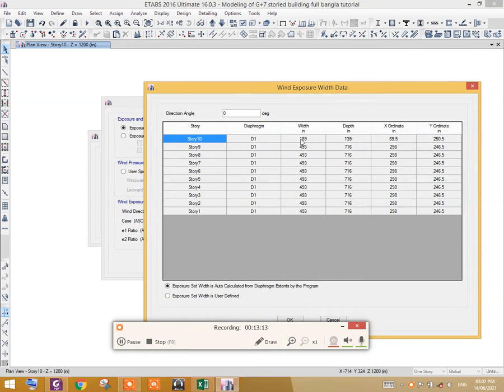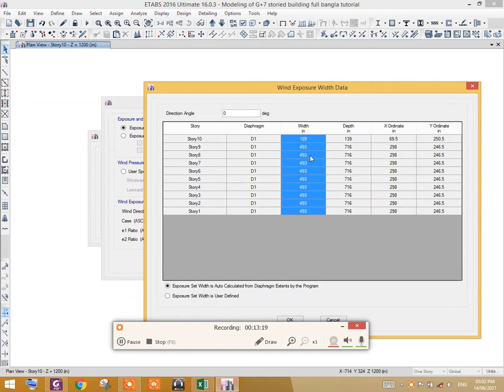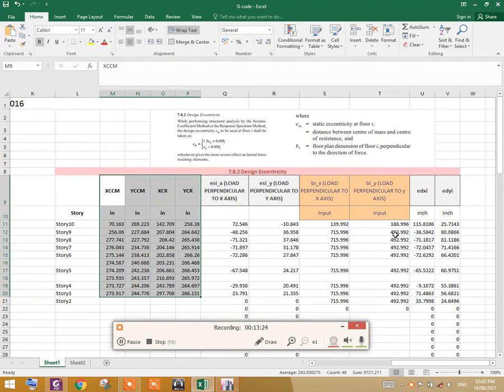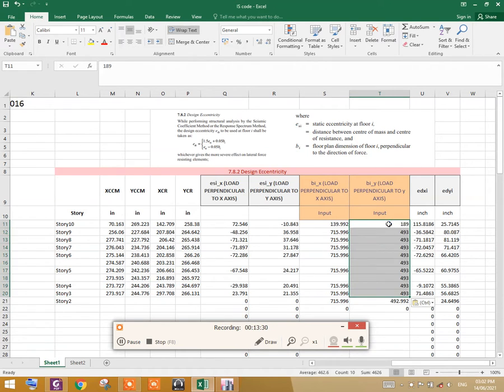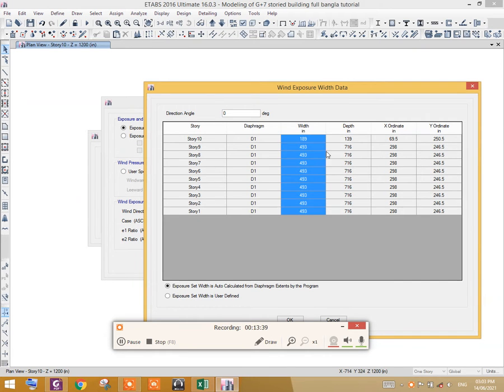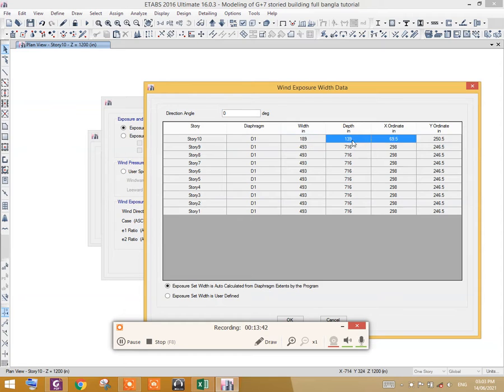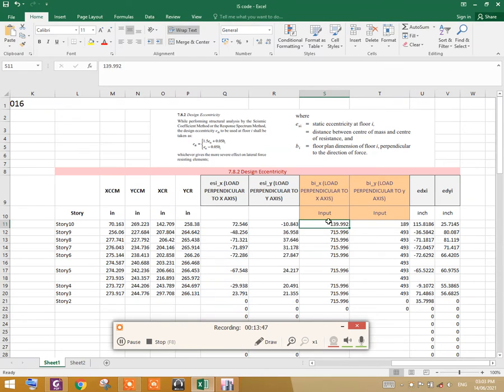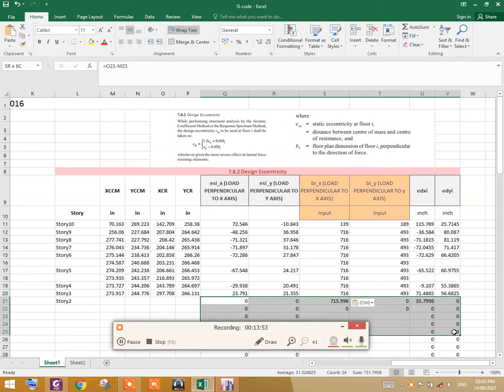You see in the Y direction the width is 189 inch. So copy this column for the Y direction, go to the Excel sheet and put the values here, BIY. Control V. And in the X direction, copy this column as well, go to the Excel sheet and paste the values here.